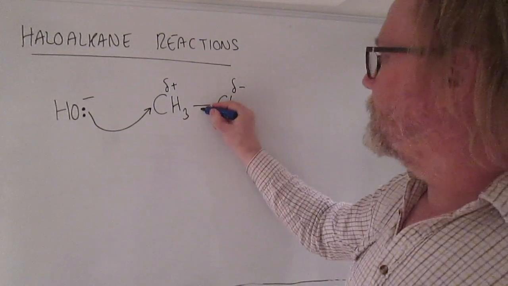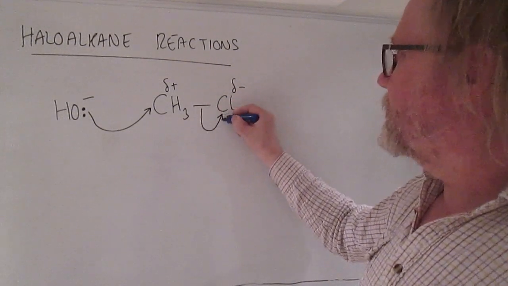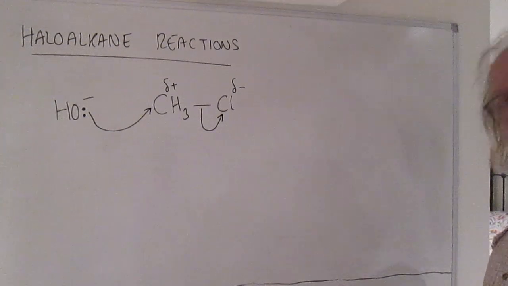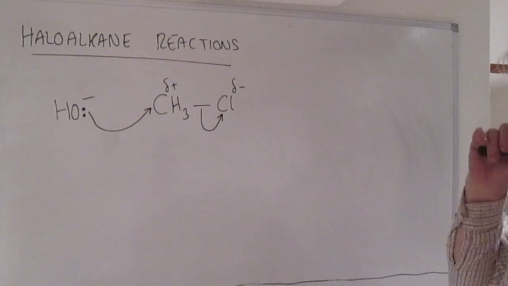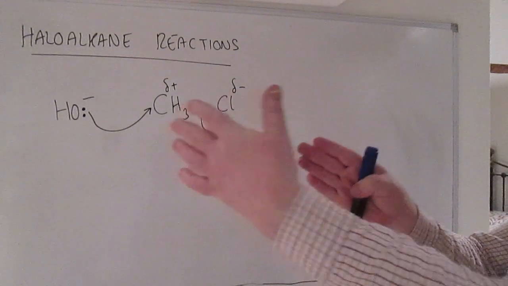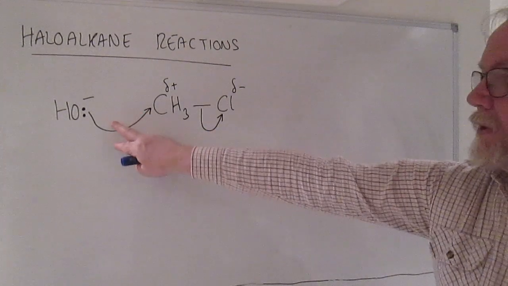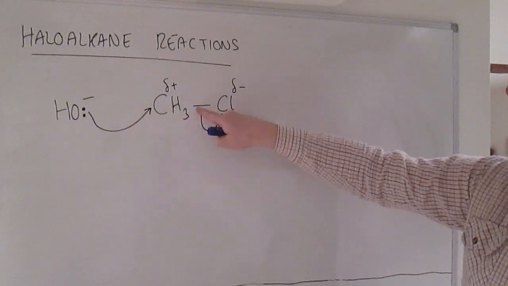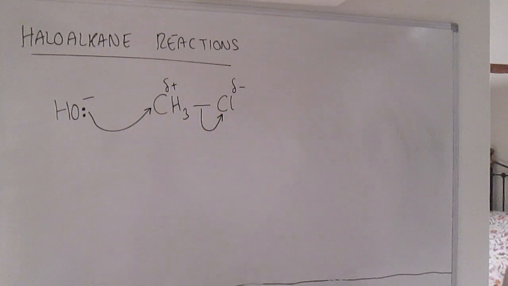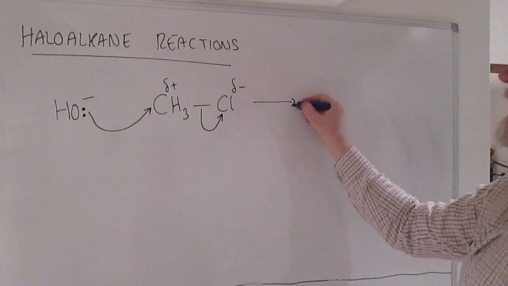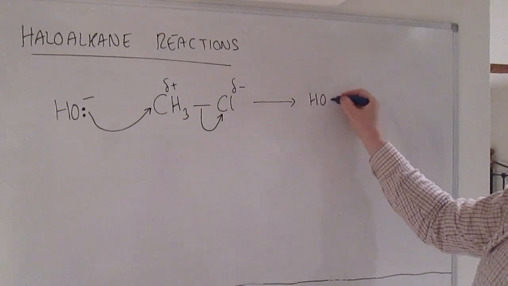So this is what happens. You get the pair of curly arrows, which is quite reminiscent, remember, of electrophilic addition, where you get one pair of electrons moving in and nudging out another pair. It's a very common thing in organic mechanisms. So one pair comes in to form a new bond to the carbon, nudges out this pair. And so the upshot of that is that you'll now have your